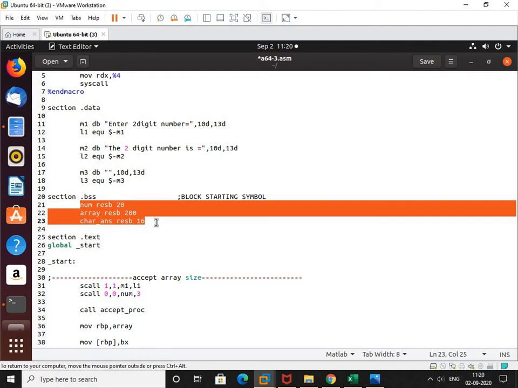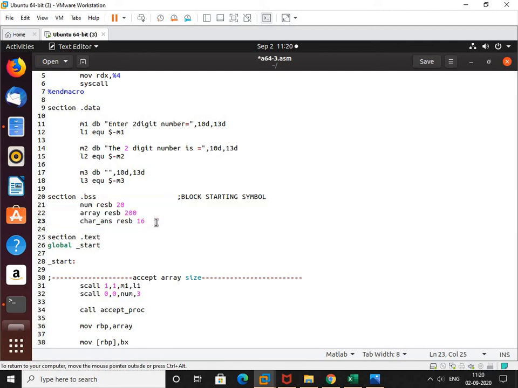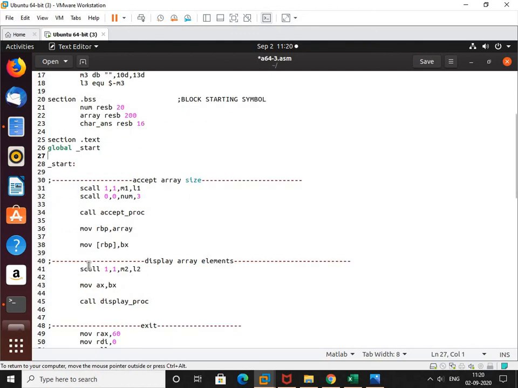So, num resb 20, array resb 200 and char_ans resb 60. Now let's see where we are going to use these variables in our code. The next is section .text, global _start, _start.